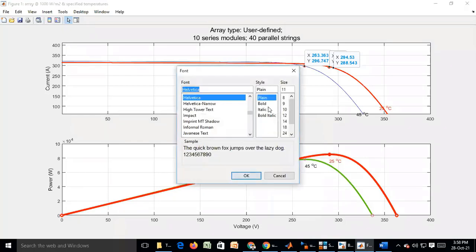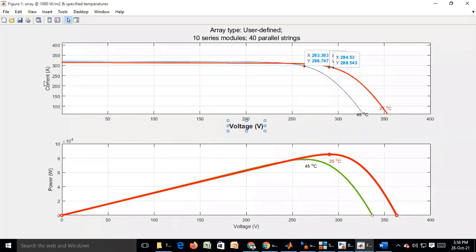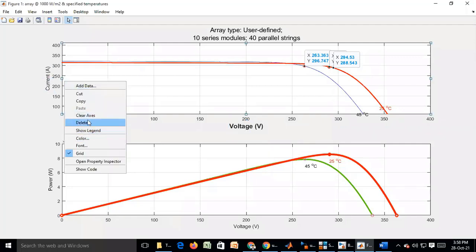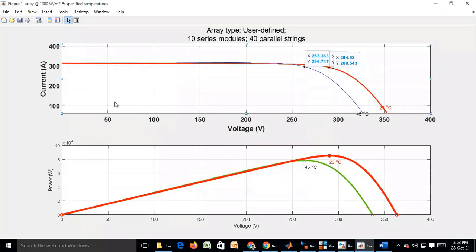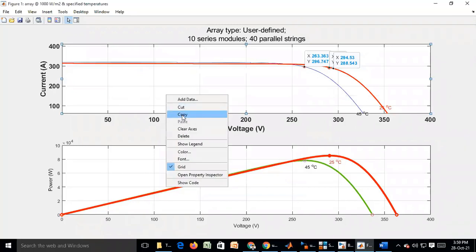The font I will change to maybe 14, bold I will consider. And here also the font I'm changing. Okay, so now let me copy this.